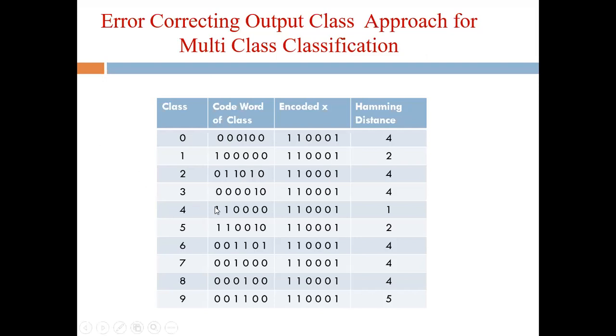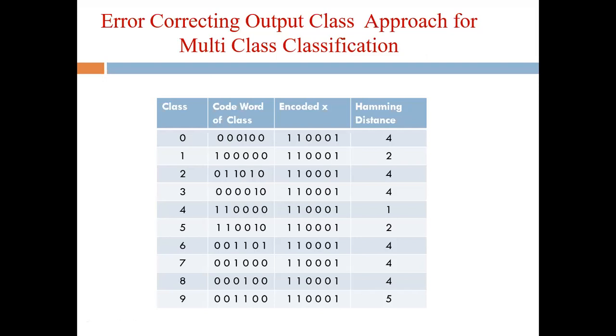So for example, I will take the Hamming distance between class 4 and the test instance X. This is the code word for class 4 and this is the n-bit code word for the test instance X. The Hamming distance between these two words will be the number of bits at which they are different. If you compare these two words, you will find that they are different in the last bit.